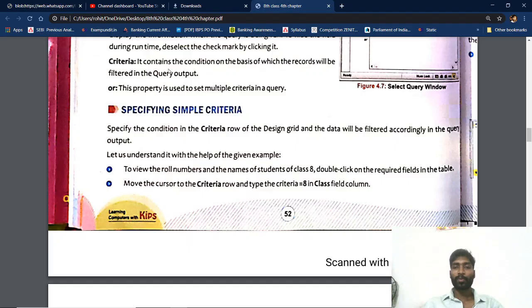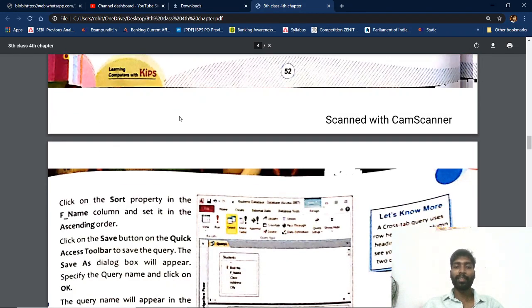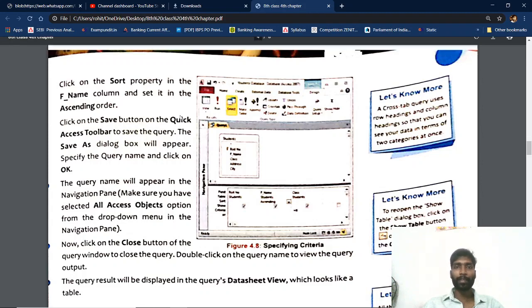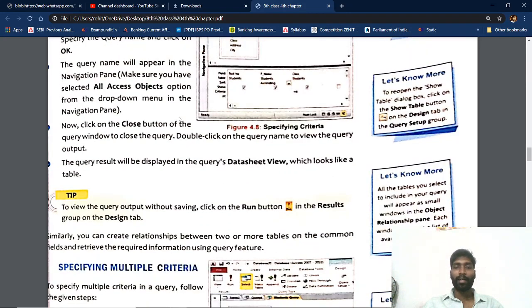Okay students, today we completed simple criteria. I think today this is enough. If we go more, you may get confused. Okay. We will go slowly because we have plenty of time and very few chapters. Okay. I hope tomorrow we will complete the entire chapter, meaning up to the fourth chapter we will complete tomorrow, and in the upcoming class only 5 and 6. It will take only 2 periods.